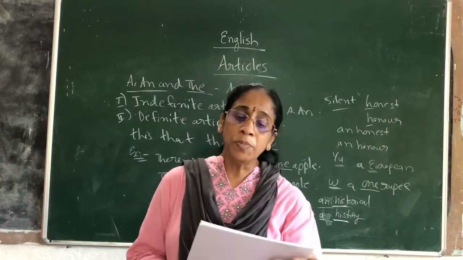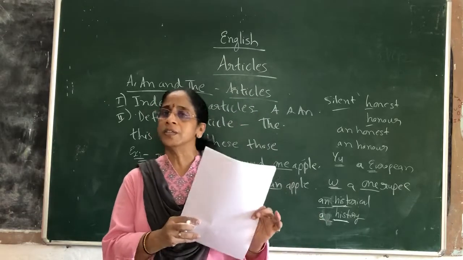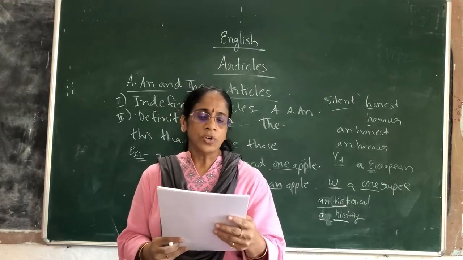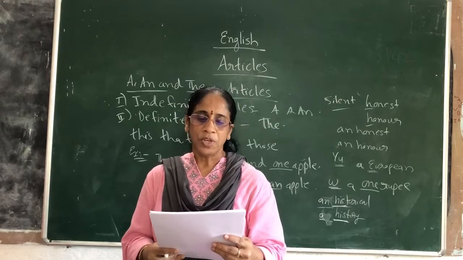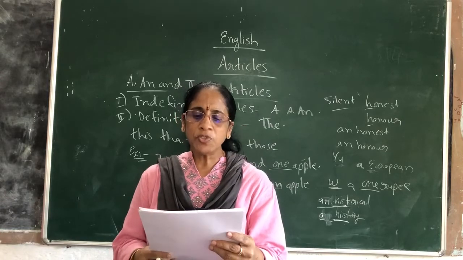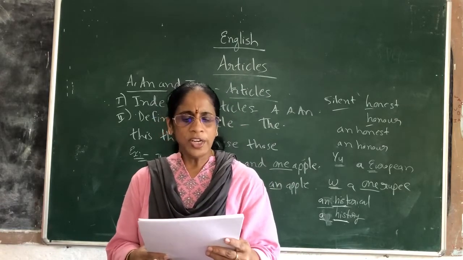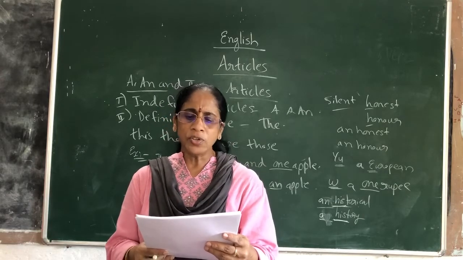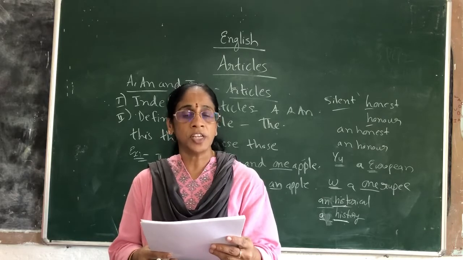Now coming to the omission of the article. What do you mean by omission of articles? We should not use articles at certain places. Before a common noun used in its widest sense, as man is mortal. What kind of flower is it? In these cases we should not use it. Before names of materials like gold, silver. Gold is a precious metal. Cotton grows in India, America and Egypt. Even before cotton and gold you should not use an article because they are names of materials.